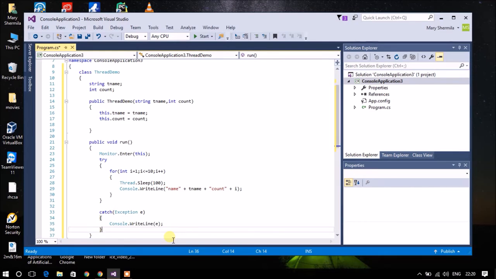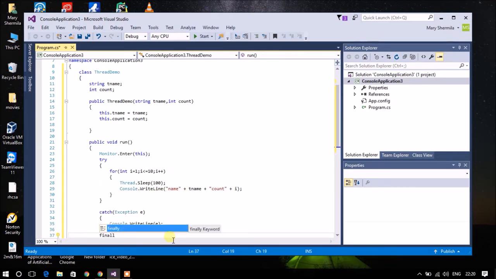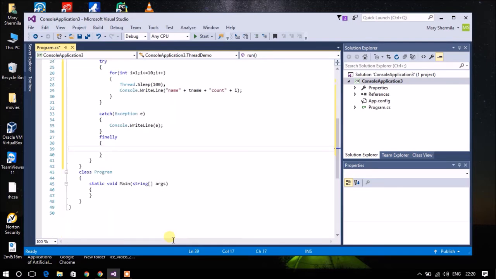And finally, to show that your program has completed, you have a block called finally. So try, catch and finally are the parts of exception handling. This finally block will show the end of the exceptions, which means nothing else is going to be executed after this finally keyword.